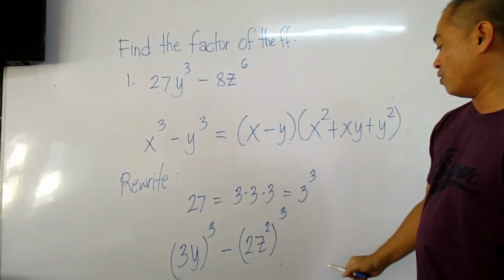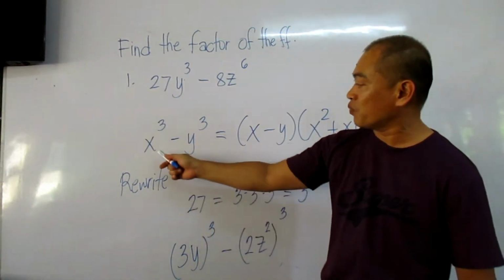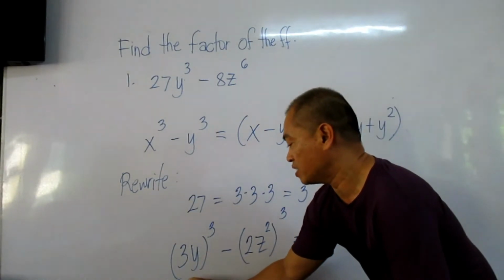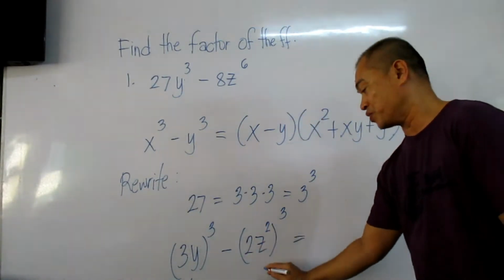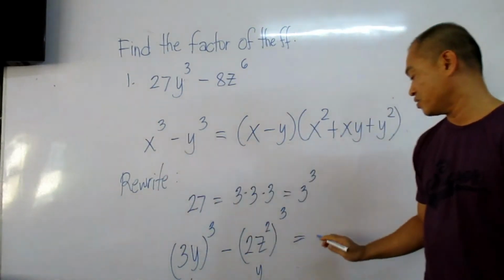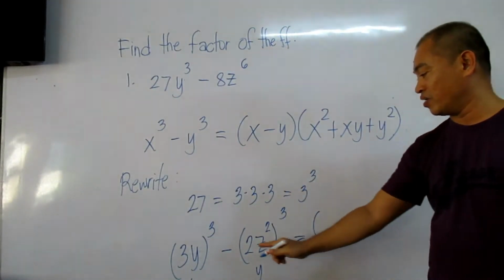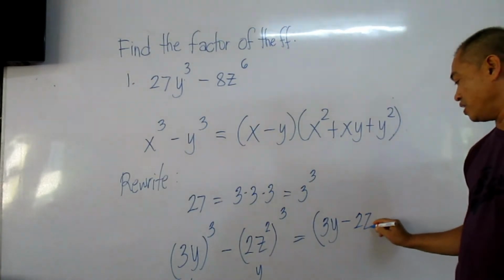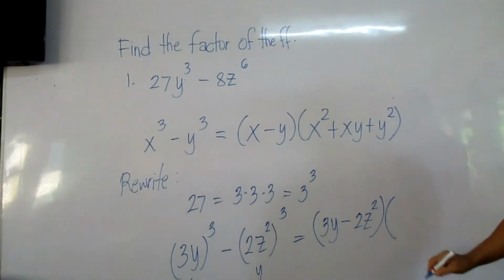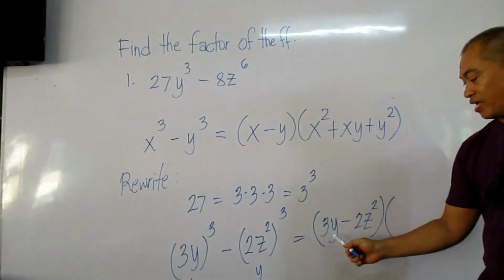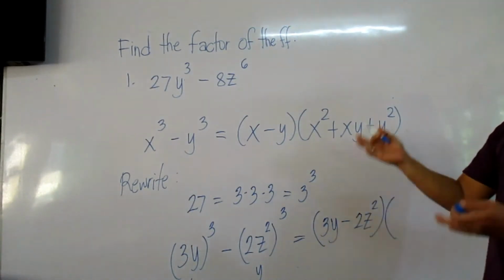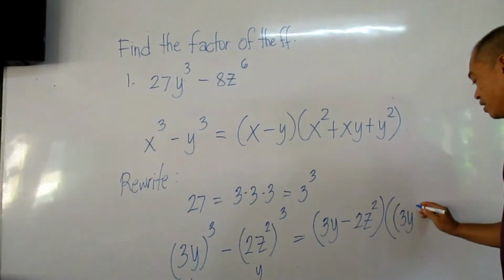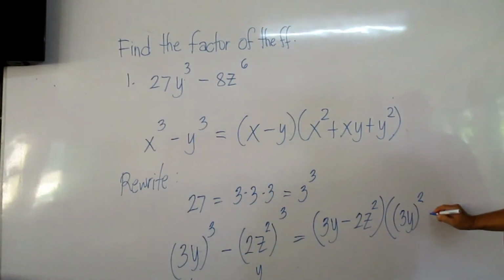Very good. Now, you have now these two values with this formula. So, your 3y, that is your x, and then your 2z to the power of 2, that is your y in here. So just copy. So your x is 3y. Then this is minus. Then your y is 2z squared. Okay? Then you have your x squared. So your x must be squared. So 3y to the power of 2. Then plus